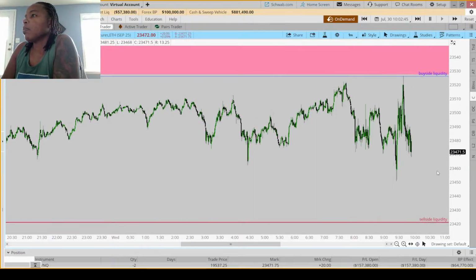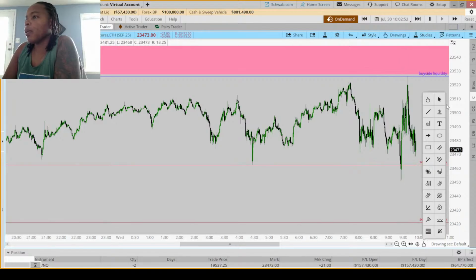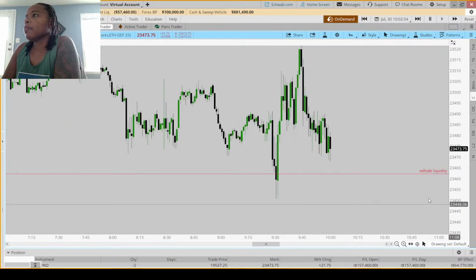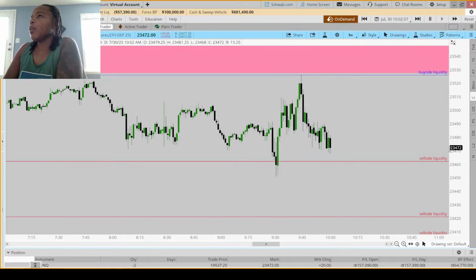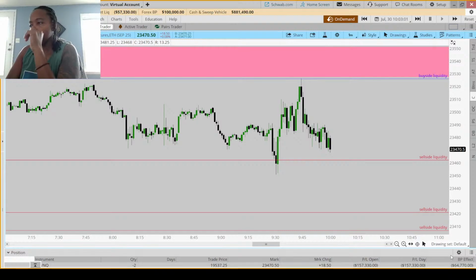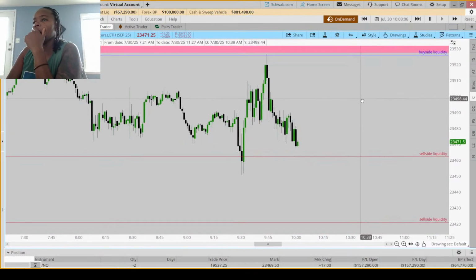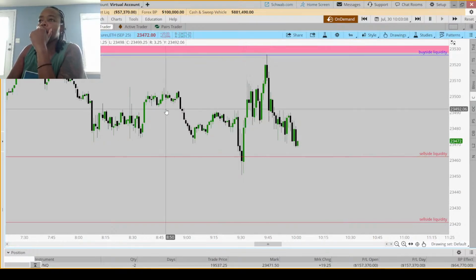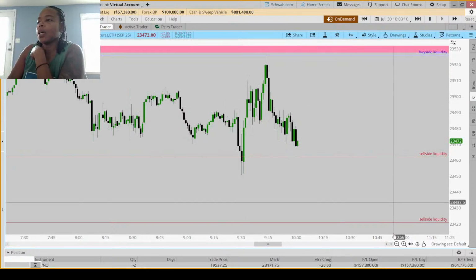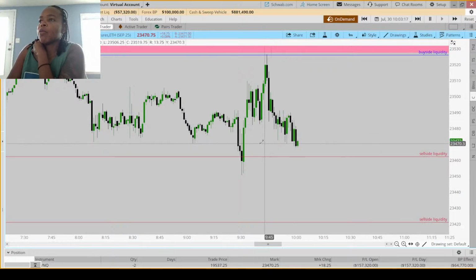So let me duplicate that. They did sweep the London lows. So this is like a prime scenario here for a long. And I don't like longs that sweep highs and then lows or lows and then highs, but it's a prime scenario for a long: sweep, shift, come back to the order block, the body. But it would have been too choppy and I wouldn't have felt comfortable.